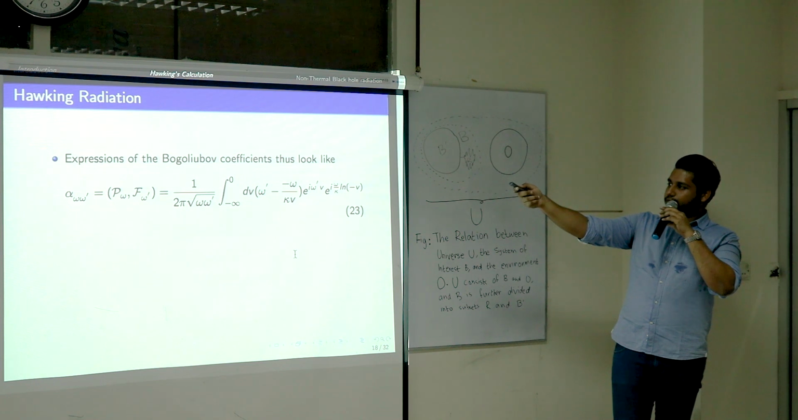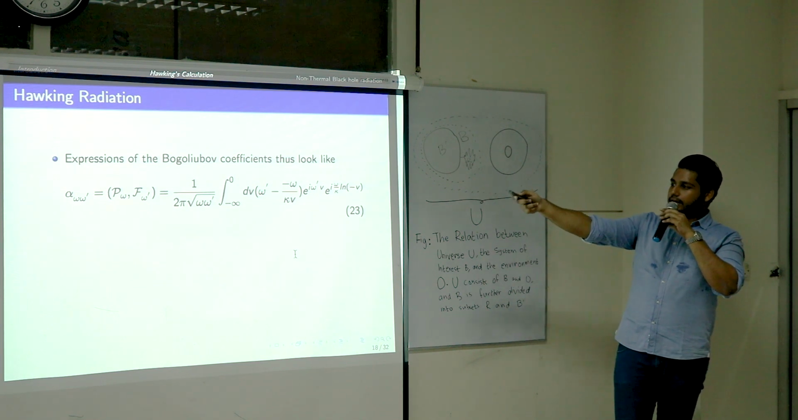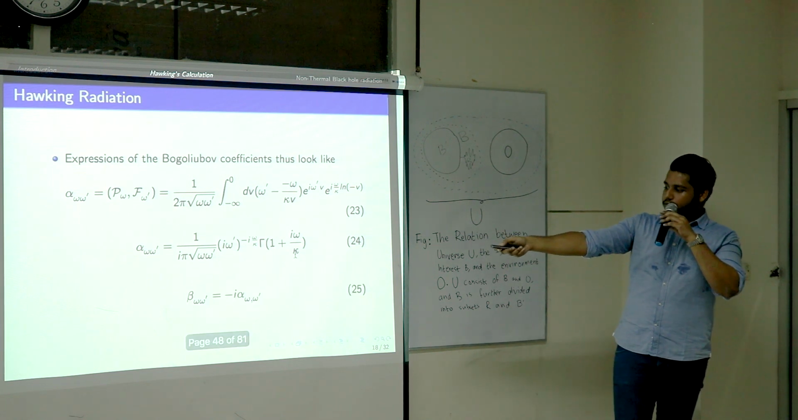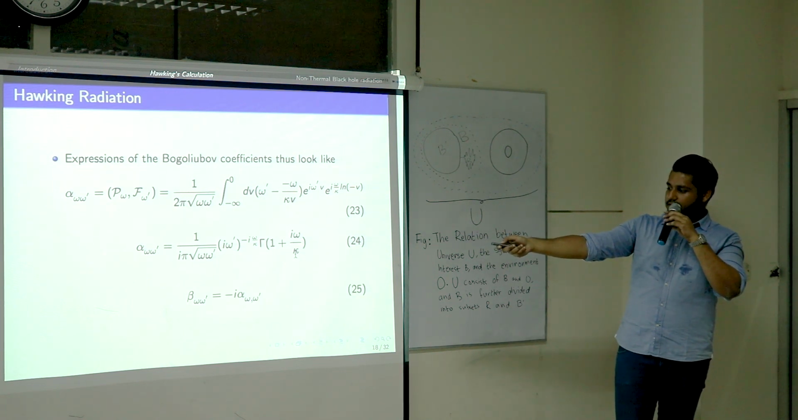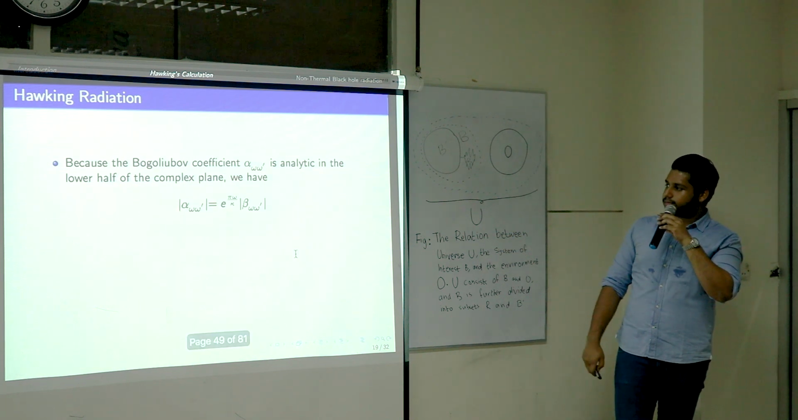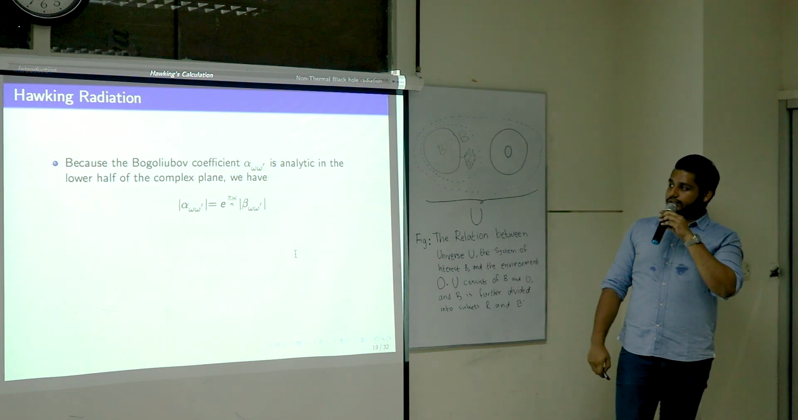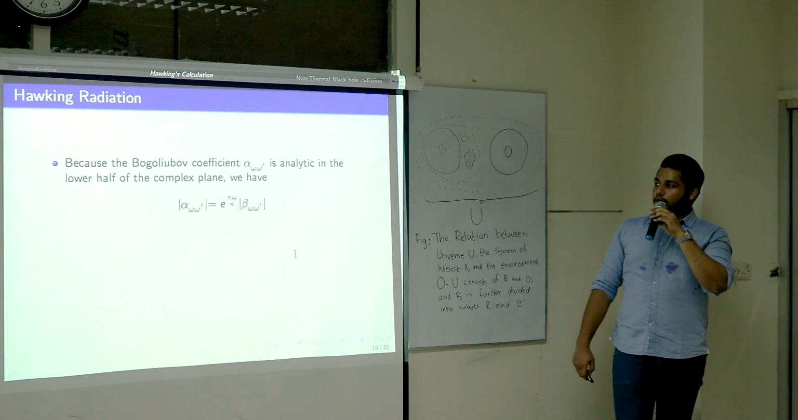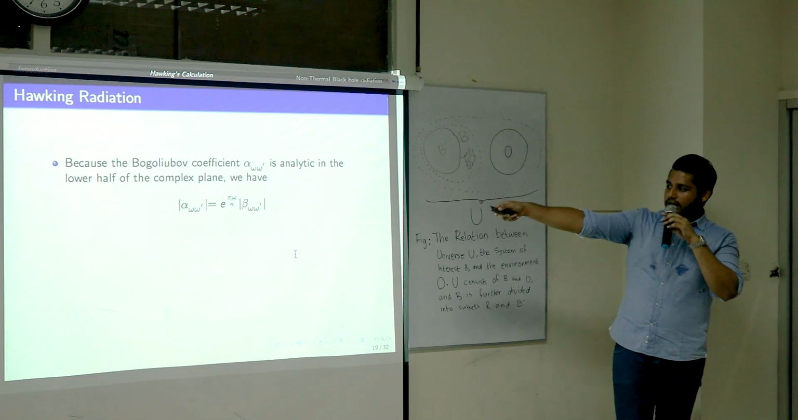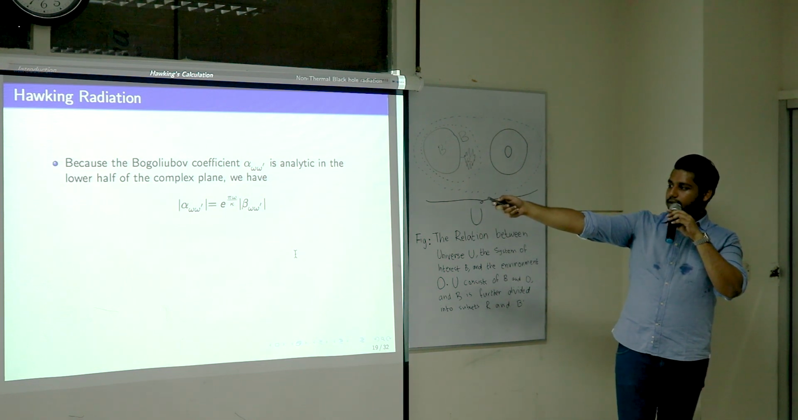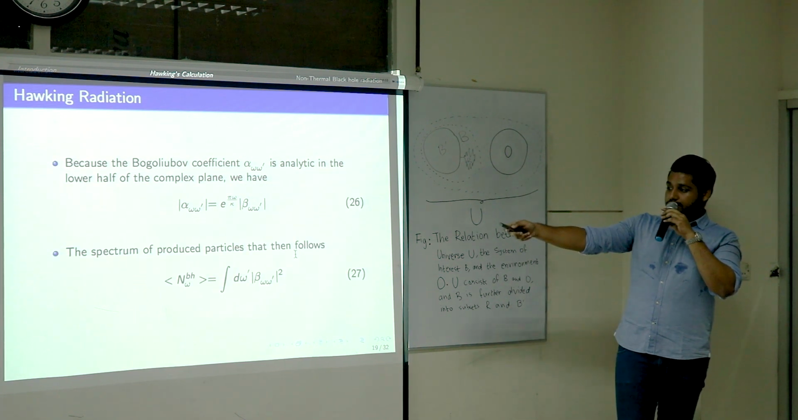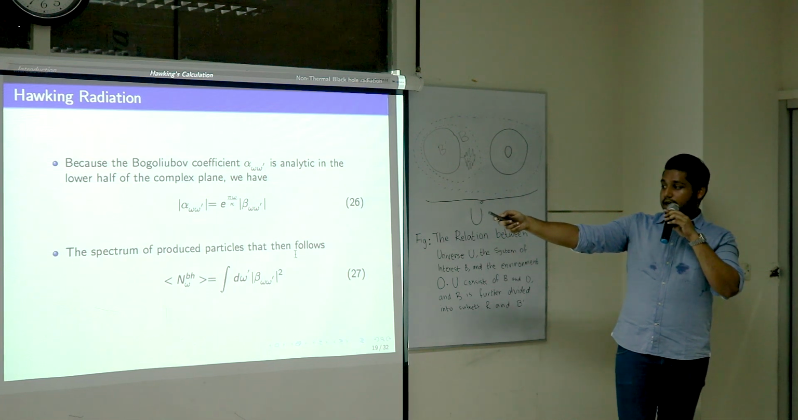The expression for the Bogoliubov coefficients looks like this, and we solve it to find beta omega omega prime is equal to minus i alpha omega omega prime. Because the Bogoliubov coefficient alpha omega omega prime is only analytical in the lower half of the complex plane, we have alpha omega omega prime is equal to e to the power pi omega over kappa times beta omega omega prime. And thus, finally, we get to calculate the spectrum of radiated particles,